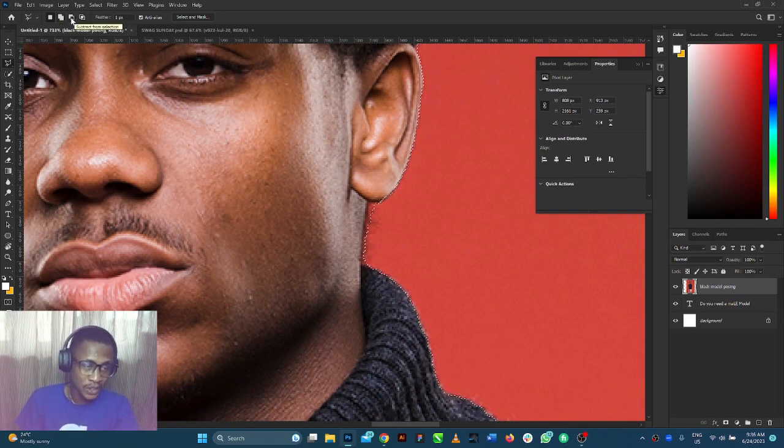The second one, the one that is next, is subtract. So I am clicking on subtract, set my feather to 1 pixel. Feather should be 1 pixel, so it looks almost realistic, because if you put the number to 2, 3, 4, it's going to look a bit blurry, so it's not going to look sharp like the other edges, so it's not going to blend better like the other edges. So you leave it at 1 pixel, then you come here,